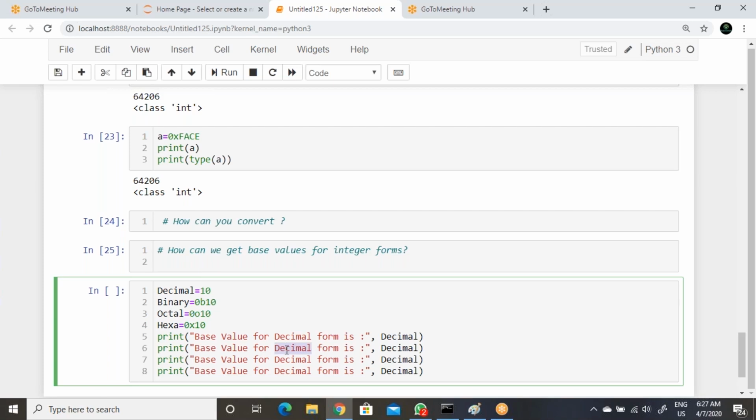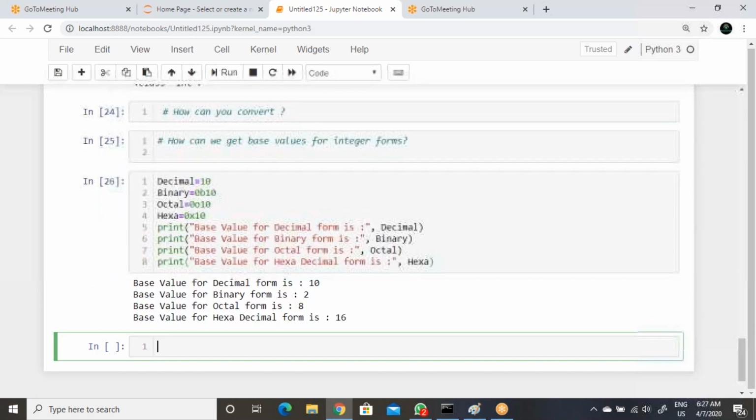So now we have an important concept as well, that is called typecasting. So what do you mean by typecasting? It is, you can say, converting from one data type to another data type is known as typecasting.